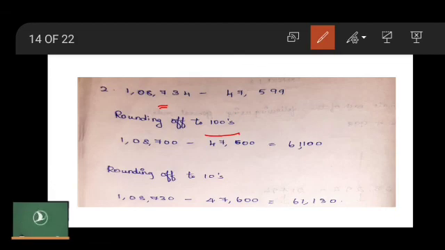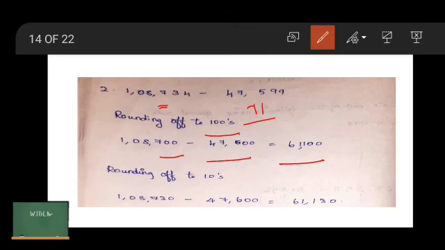It remains the same and we are going to replace the rest with 0. 47,599. So here the tens place value is greater than 5. So we add plus 1 to the hundreds place value so that we get 47,600. Now with these estimated values, what are we going to do? We are going to subtract the numbers